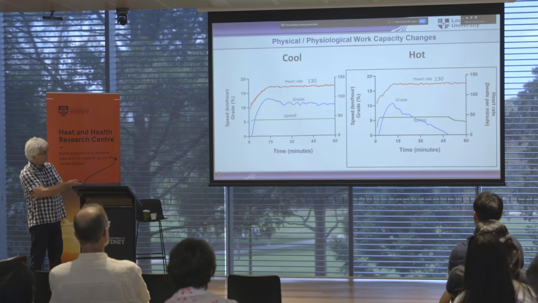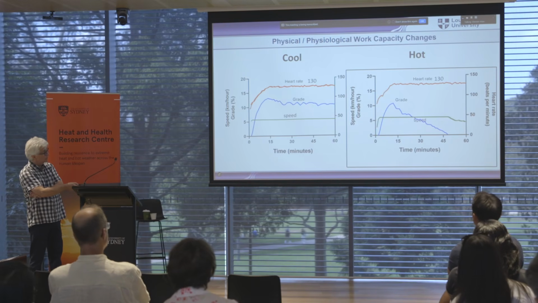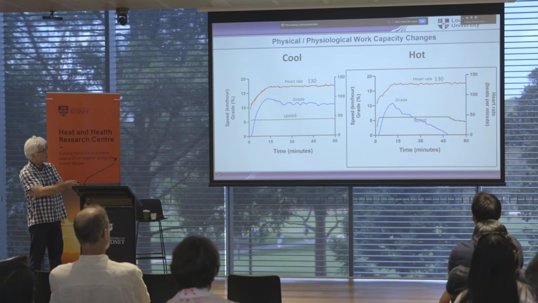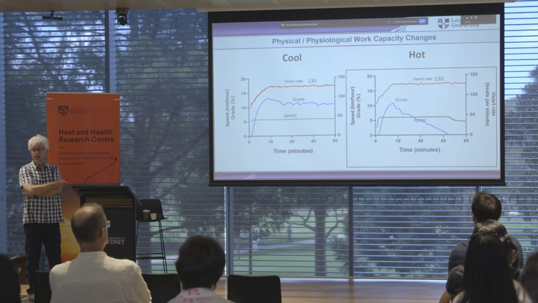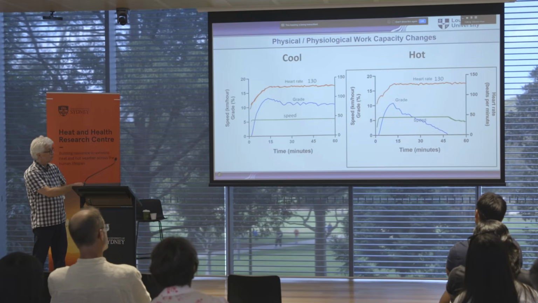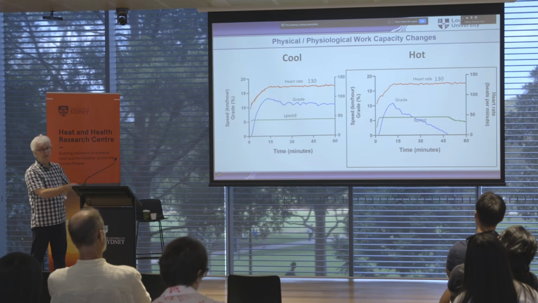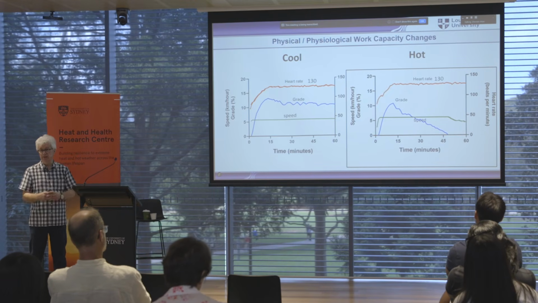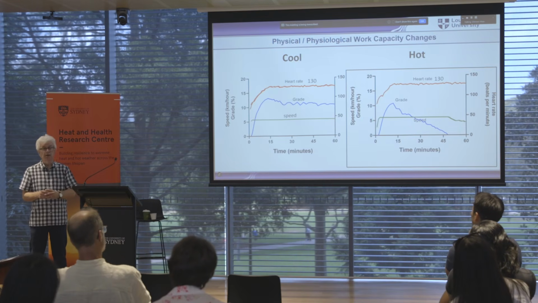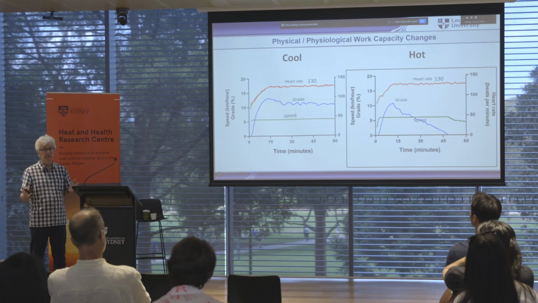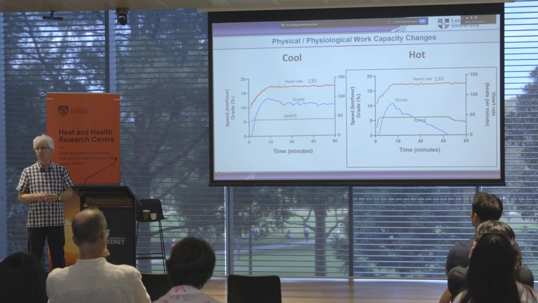So here in the heat, speed goes up the usual way, the grade goes up, but then people start to heat up, and again when they heat up, your heart will pump more blood to your skin for cooling. That's blood that doesn't go to the muscle, so you have to slow down, yeah, because the muscles get less blood. And that's what you see here. So first the grade comes down, at some point the grade of the treadmill is back to 0, and then even the speed comes down. And in the extreme cases, probably after 10 minutes, people would just have to stop, because even at rest, their heart rate would go up and up.